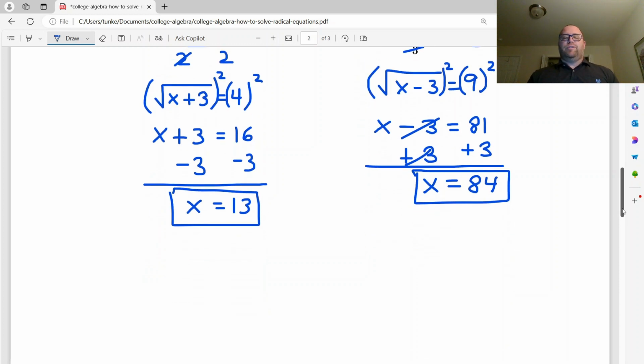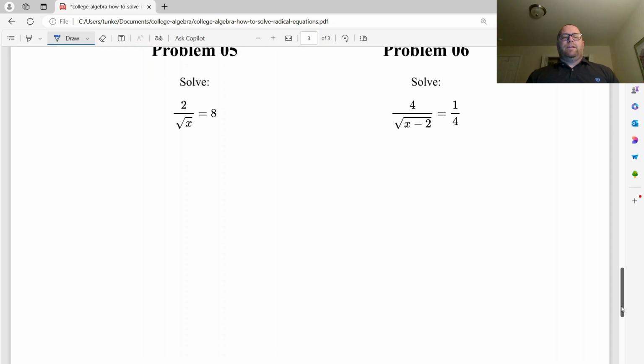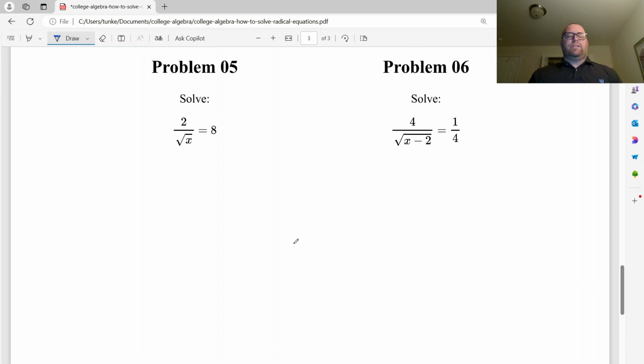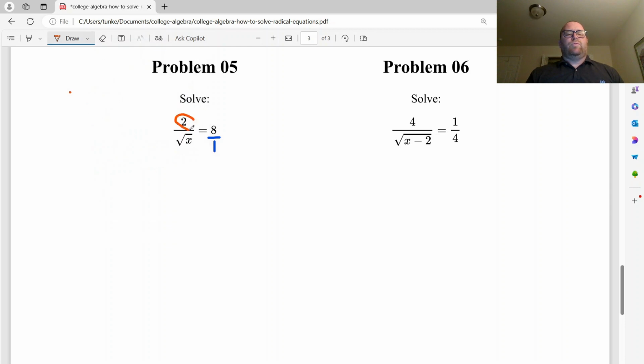We're trucking right along. We're going to do 2 more. And you'll see these are getting slightly more complex as we go. So in problem 5 on the left, we have 2 divided by the square root of x equals 8. So I want to get x in the numerator. One way I could do that is I could write this as a fraction, and I could do my cross multiplication. So what I could do is I could do 2 times 1 here,